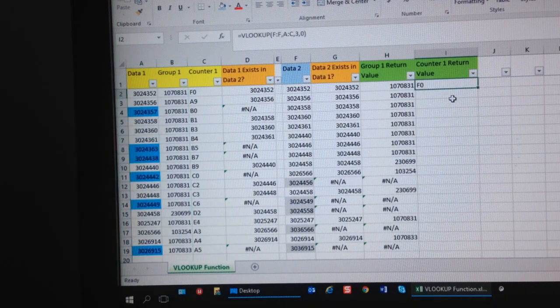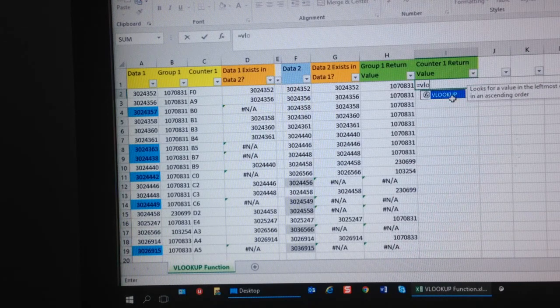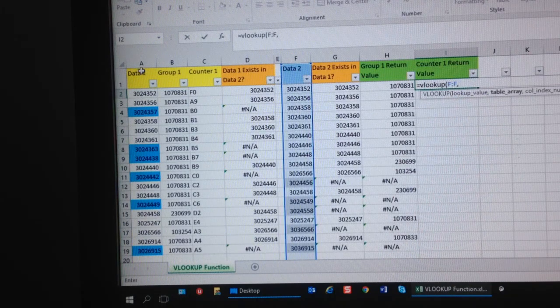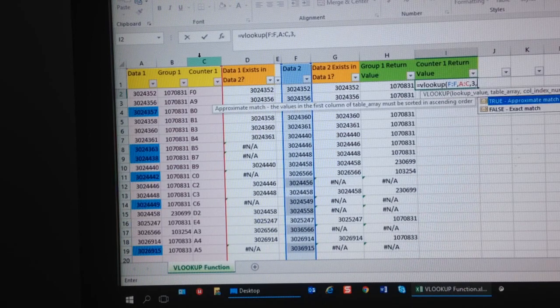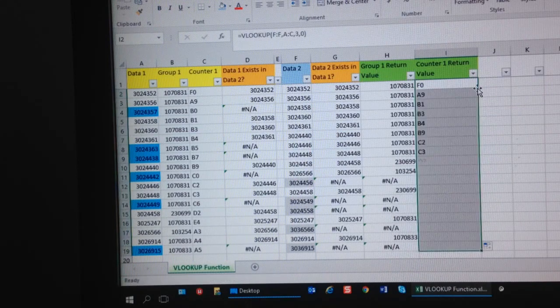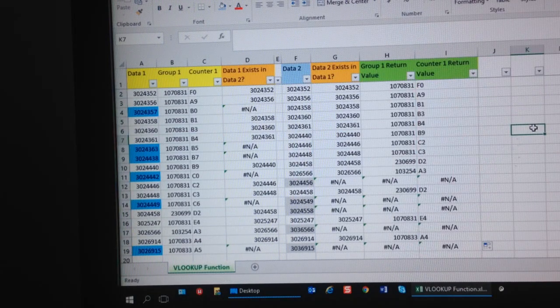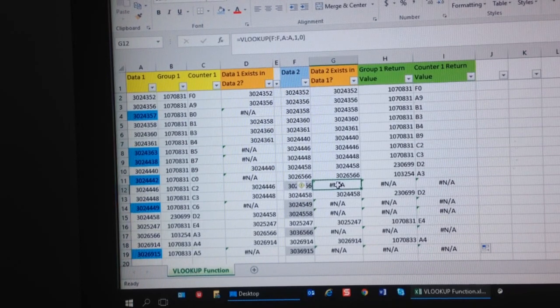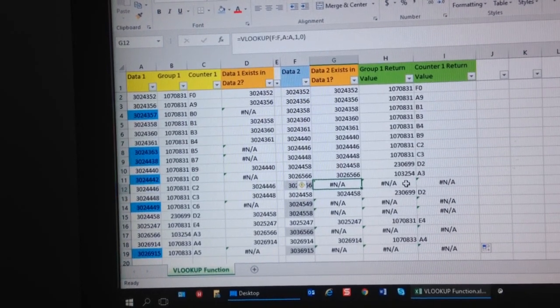Right. Next, you want to know the counter value. So the formula is equal Vlookup, highlight column F, comma, highlight columns A, B, and C. See the 3C there? That 3C is important once again. So comma, 3, comma, 0, close bracket, enter. Alright, this NA once again means it couldn't find the number, so therefore it couldn't find a group 1